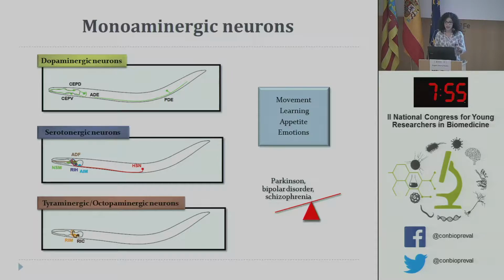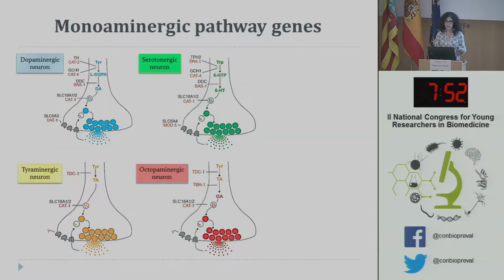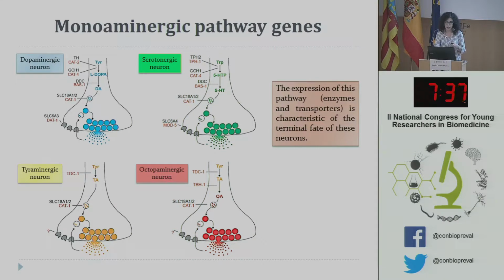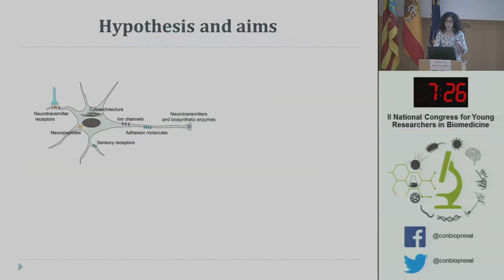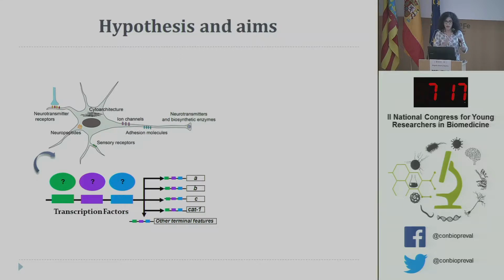So the maturation of these neurons is characterized by a battery of enzymes and transporters that we call the monoaminergic pathway genes. And we are interested in how a neuron expresses all those genes. And if you pay attention, all of them share the expression of the monoamine transporter. As I mentioned, a mature neuron needs to express a battery of enzymes and transporters, and this expression is regulated by a battery of transcription factors that bind to the promoters of all those genes and regulate